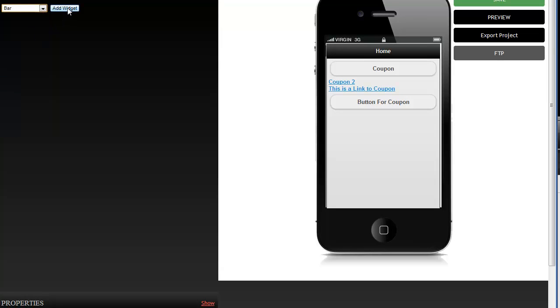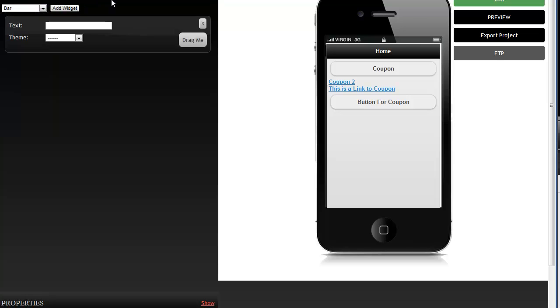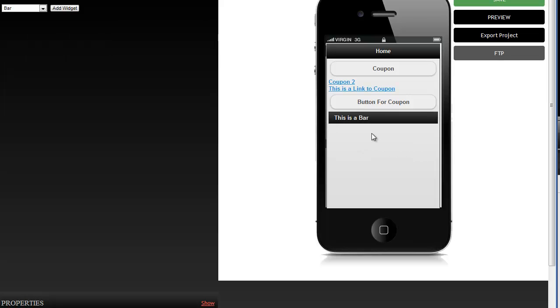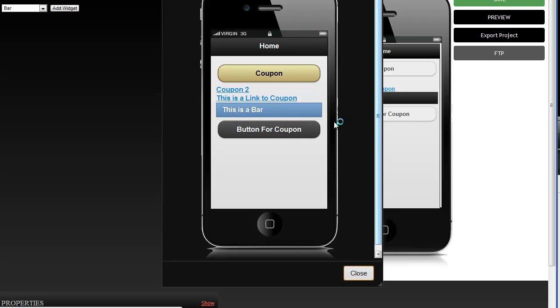Now, what a bar is, you add it, is you're able to put something like, this is a bar. And it's basically a separator. So say we want it to be our B theme. Then we can drag it, and there it is. Now, we might want it to break up contents, what they're usually used for, so we can put it there. If I save it and preview it, we'll see now that we have our B, the blue theme,